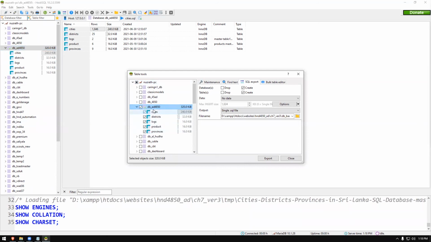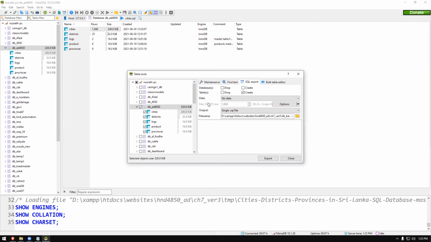Make sure when you want to export this one, you do not select create database part. When you are exporting your database from your machine, make sure that you do not select the databases part here. Only that part you need to focus on, right? Do not select the databases part here.